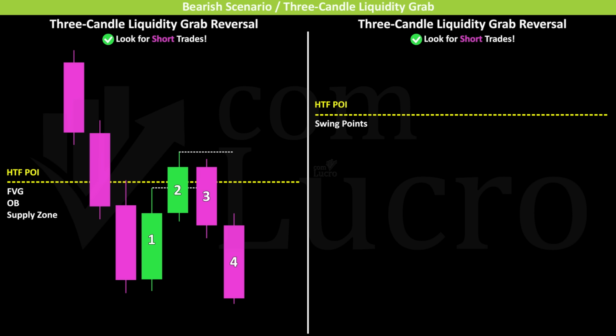The first candle establishes the reference high. The second candle fails to provide the reversal confirmation. And the third candle confirms the reversal by closing beyond the body of candle 2. This indicates that the market may have moved higher to grab liquidity before preparing for bearish continuation. Once this bearish reversal is confirmed, we can shift down to lower time frames to look for execution models and